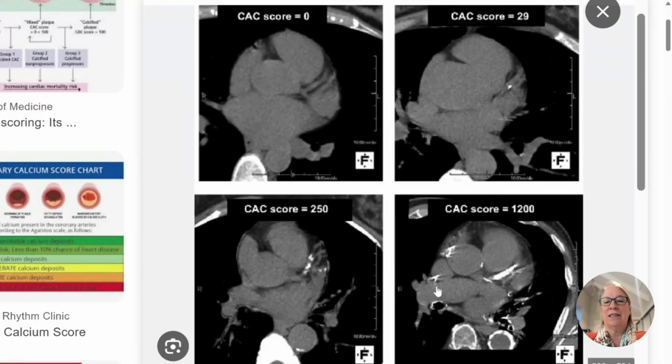Additionally, in someone who has more severe disease, I would be asking more about symptoms because maybe they have angina or limitation to their activity because they don't have enough blood flow through the artery. And so someone with a high coronary calcium score may need a stress test or an angiogram, whether it's a CT angiogram or an invasive angiogram where the interventional cardiologist actually takes a catheter up through the artery and injects dye in real time to see where there's narrowing, which can be helpful in determining if a stent or